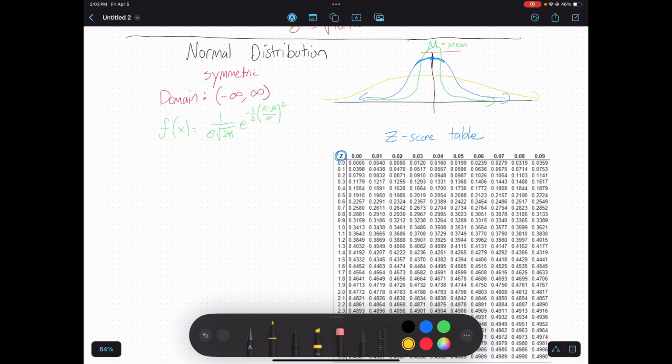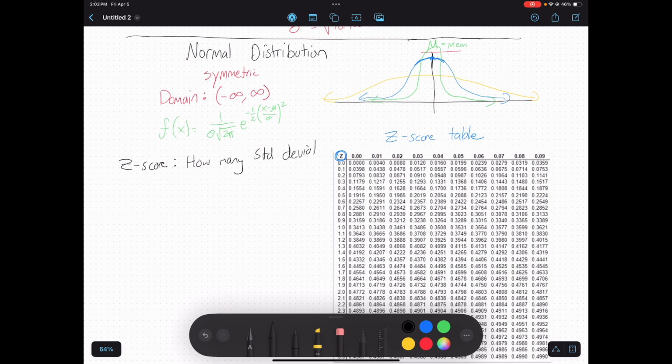You get something like this. So a normal distribution depends on those two things, mean and standard deviation. And what a z-score tells you is how many